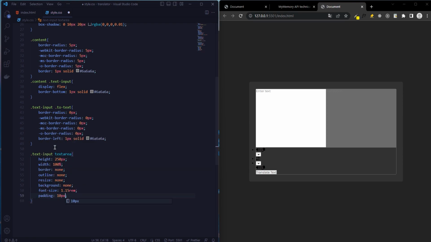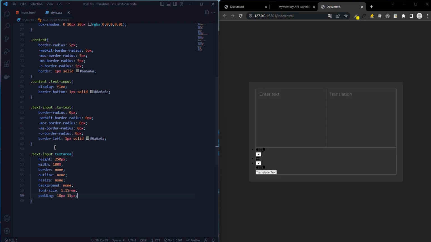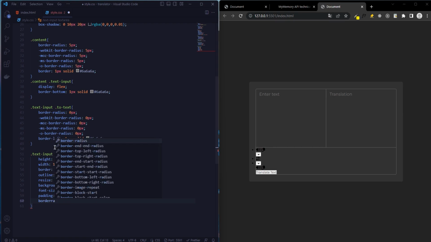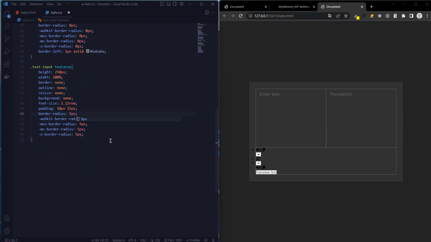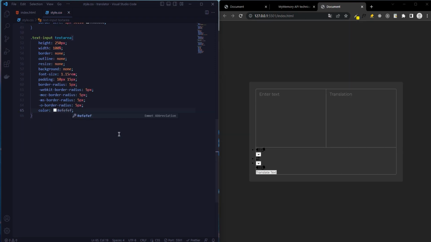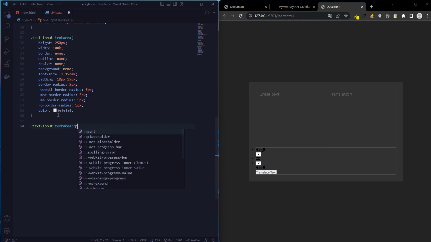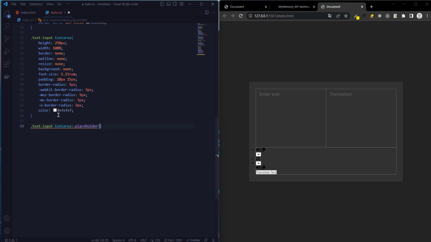Padding top and bottom 10 pixels and right and left 15 pixels. Border radius 5 pixels and color white. Text input, text area and placeholder, color,